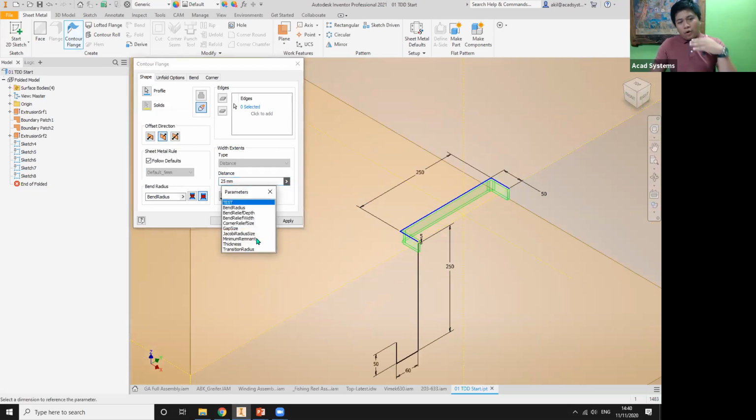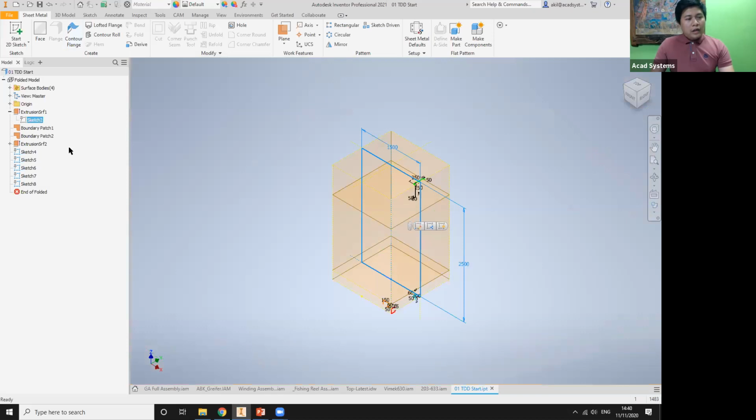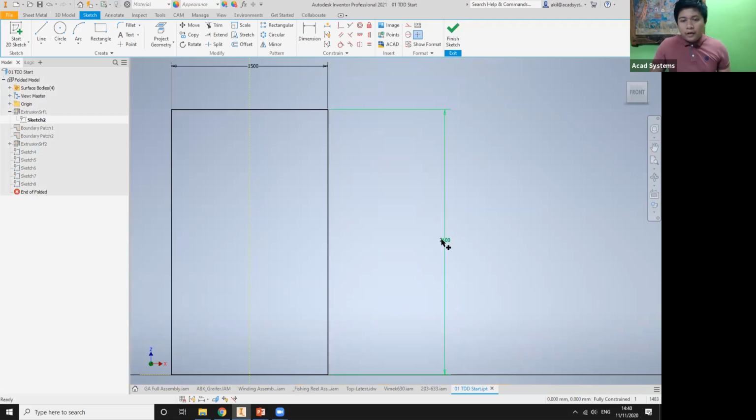Over here, if you go to the parameter list, these are all the parameters that we already created. But the problem is that to use the parameter, I need to save first. So the first step, using the same model, click on this sketch, right click, and click edit sketch. This 2500 is the height of your drawing. So you can right click and